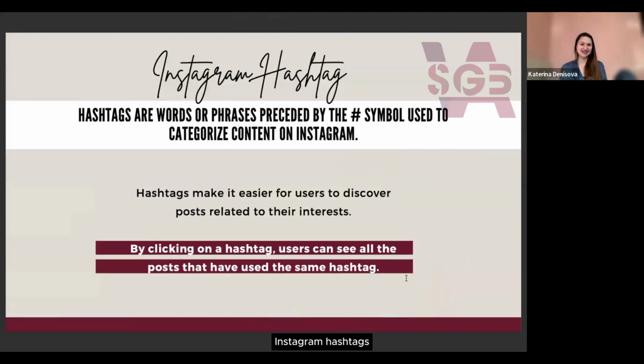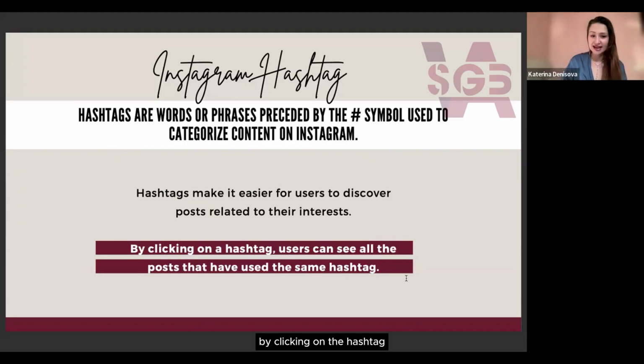Instagram hashtags. I love using hashtags, and a lot of people don't know how useful hashtags might be for their Instagram. Hashtags are words or phrases preceded by the hashtag symbol, used to categorize content on Instagram. Hashtags make it easier for users to discover posts related to their interests.